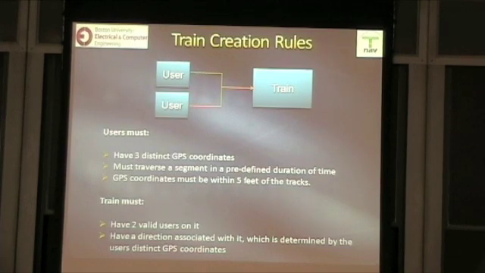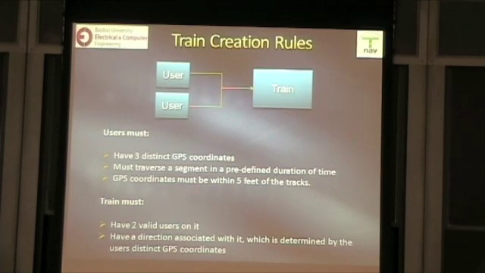What you have first is the user must have 3 distinct GPS coordinates. That's going to be used later for getting the direction. But a distinct GPS coordinate means that the current coordinate and the one before it, the difference between them has to be greater than or equal to a threshold that we've created, which is about 2 train lengths. The next one is the user must traverse a segment at a predefined duration of time. We're sending data at about 1 set of data every 5 seconds. So in 15